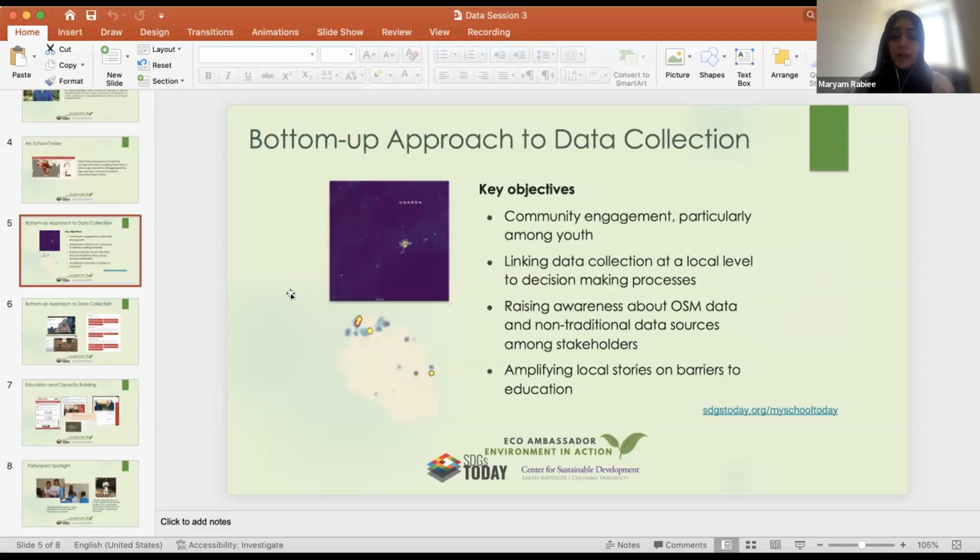As I mentioned, the objective was to create a bottom-up approach to collecting data, engaging communities and students in collecting data and contributing to this data set, learning a new skill along the way.